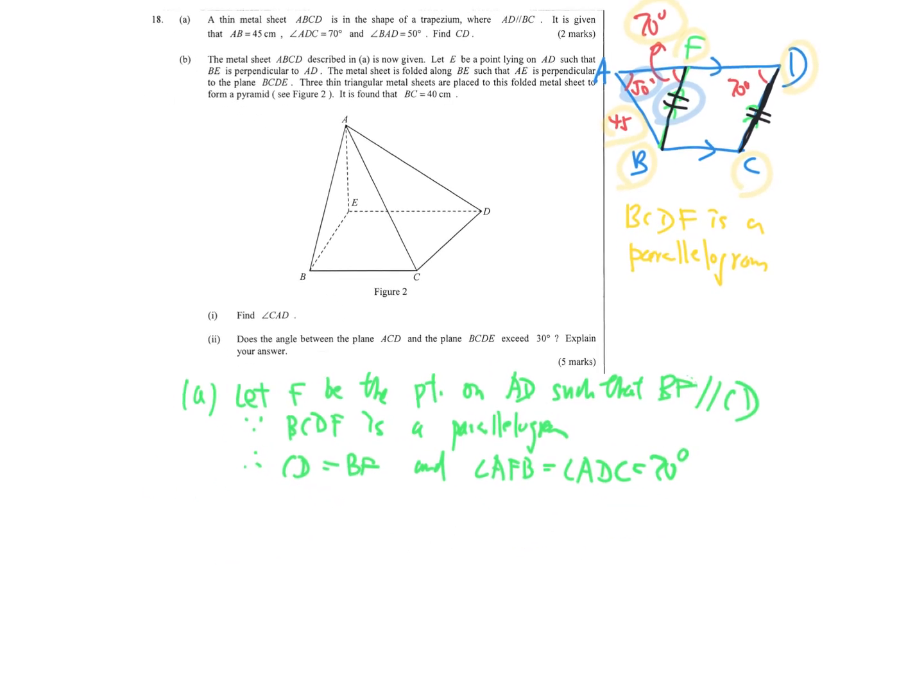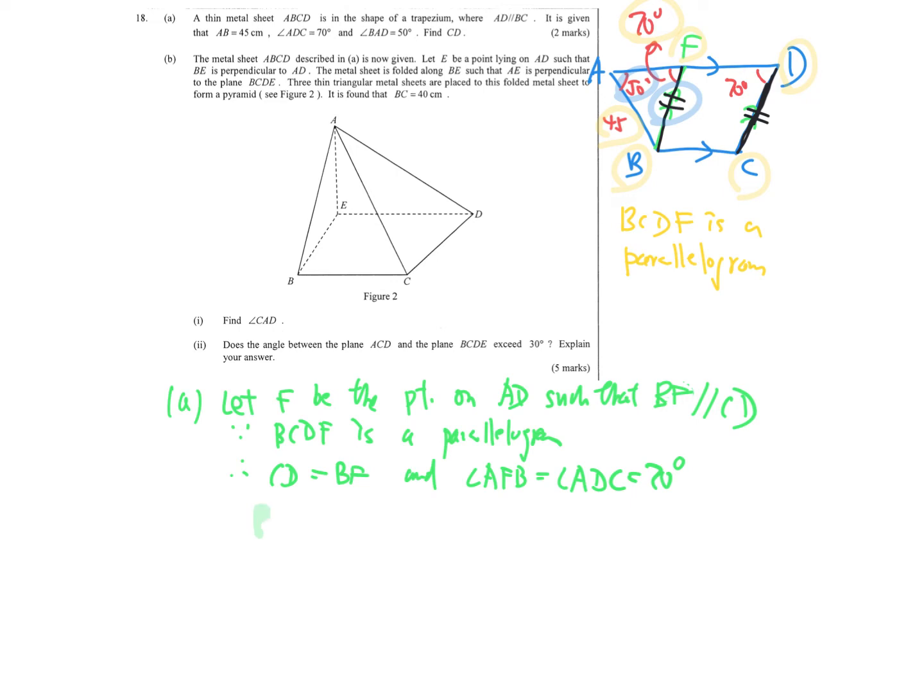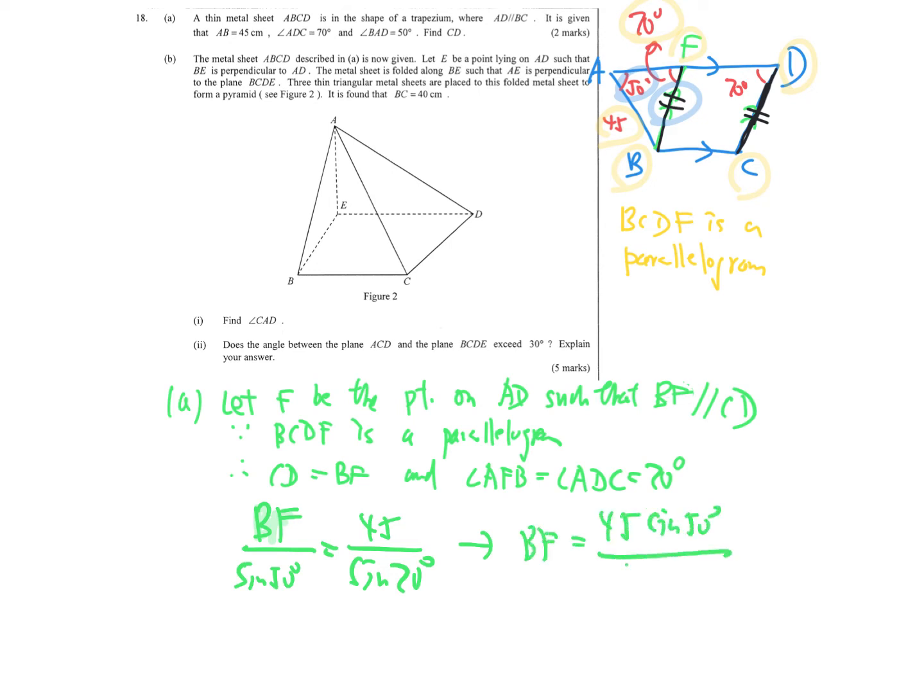All right, so for the formula, BF over sine 50 is equal to AB, that means 45, over sine 70. All right, so after solving this, we know that BF is equal to 45 sine 50 over sine 70,